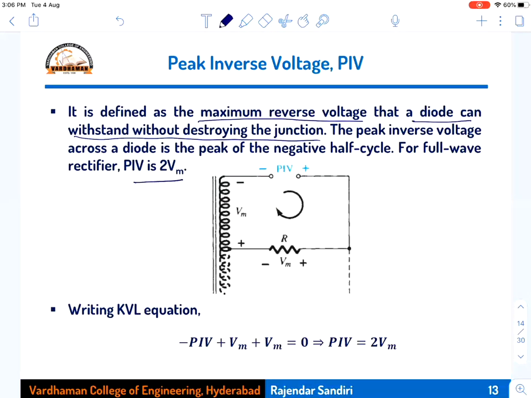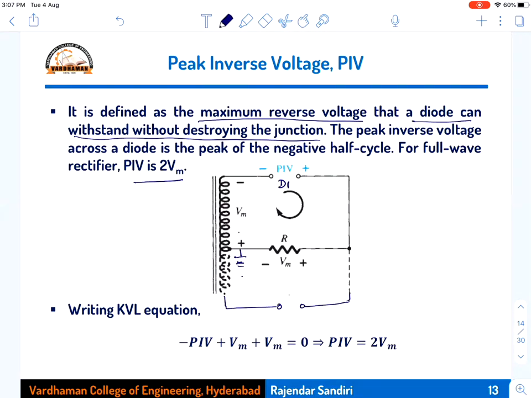How did we get that? Just take this circuit diagram. These two are the two windings of the secondary. The middle one is the center tap. I can put this as a ground here. Now, if you see the secondary winding, whatever the voltage is there across this, because this diode is short circuited. Now, peak inverse voltage I will be calculating across the reverse biased diode. Suppose this is D1, and here you have got a diode D2, the remaining portion.